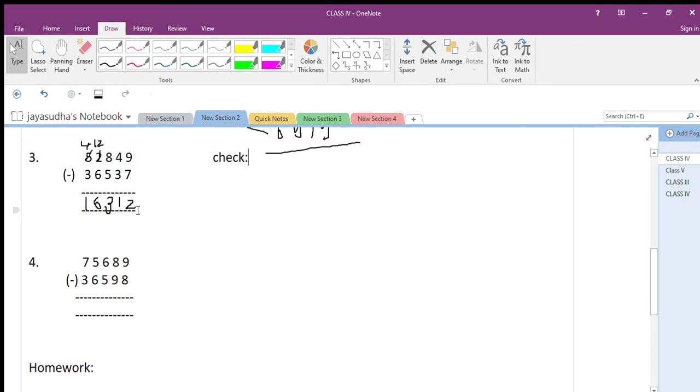Now listen, what do you write first? The answer of the subtraction sum. What is the answer there? 61, then 6, then 3. Give a space to every digit, children, so that you write your answer clearly. 1, 2.